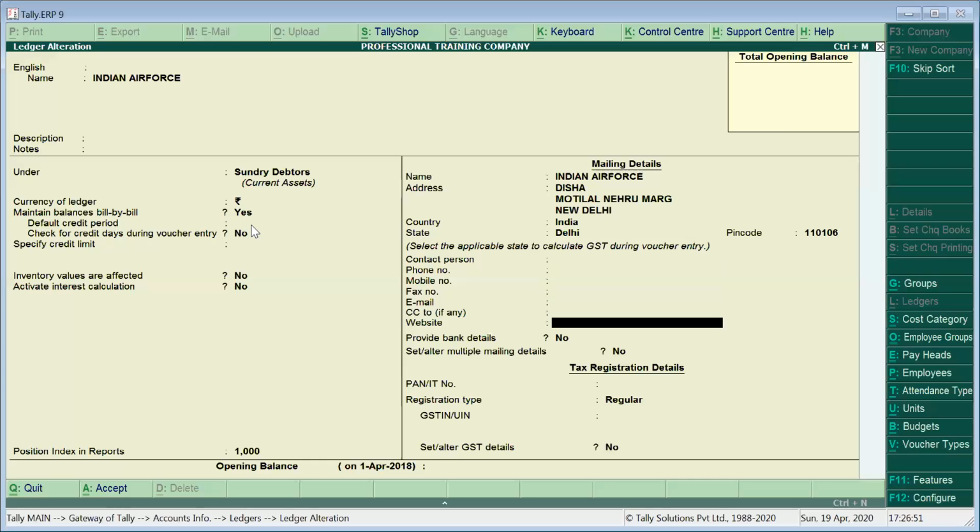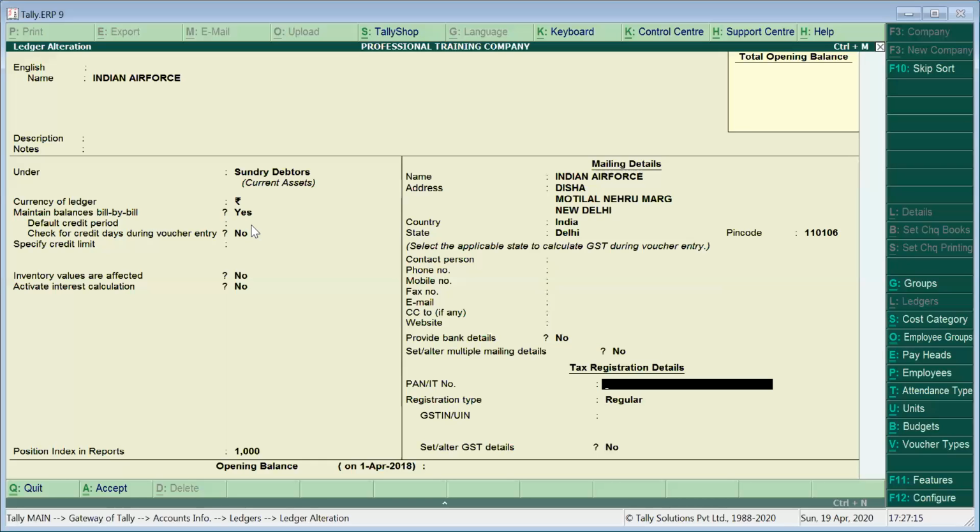Email is an option which we are going to discuss separately, how to deal with the email feature. So I'm just pressing enter and I'm going ahead. CC, website. If there is a website, we can put it over here. Okay, bank details. There are no bank details. We are not going to touch this option. We are going to deal with this when financial management is being taught to you. All right, enter.